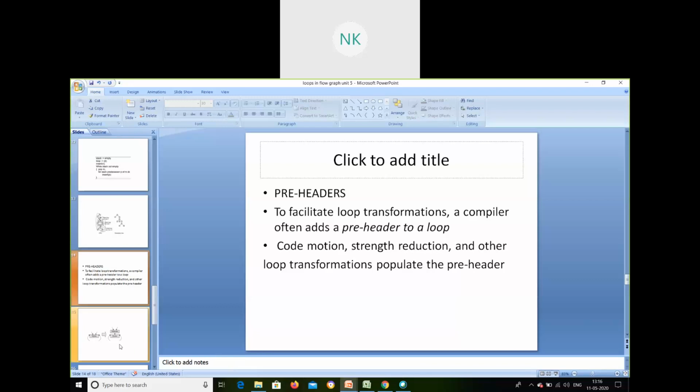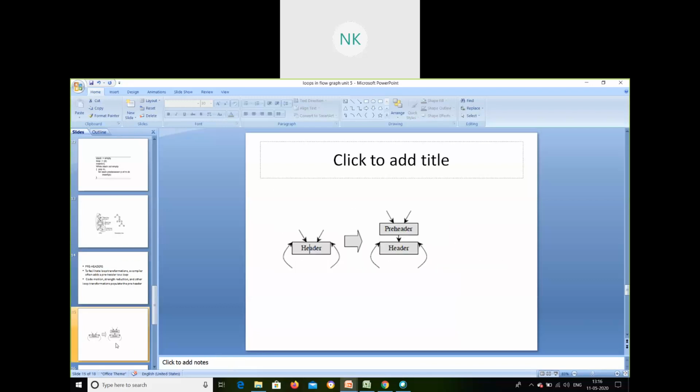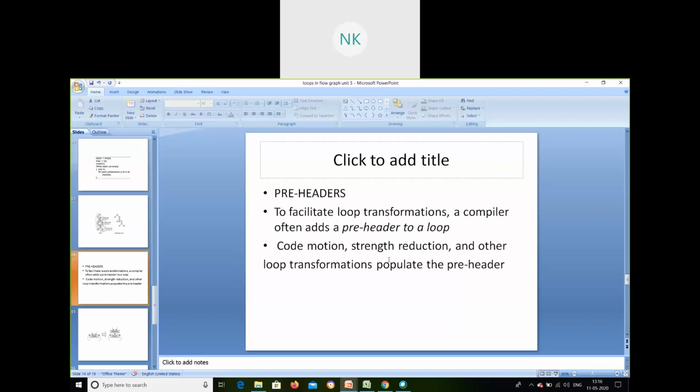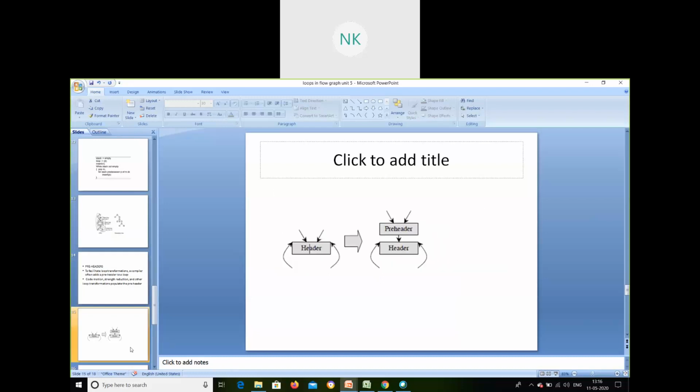So the same goes for this also. For example, I have a program with loops in the header, right? So when I have a loop in the header, I need code motion, as we discussed here, code motion, strength reduction, another loop transformation, any transformation that we want to do. And we came to know, since it is an anticipation, we are predicting in the beginning itself, we know where it is being used.